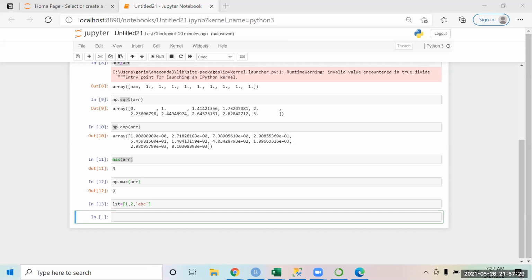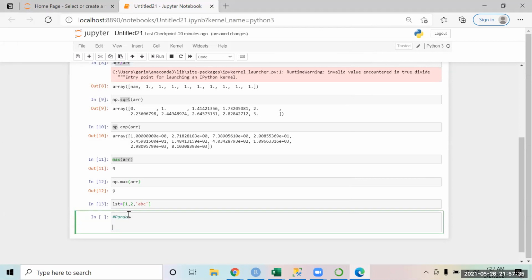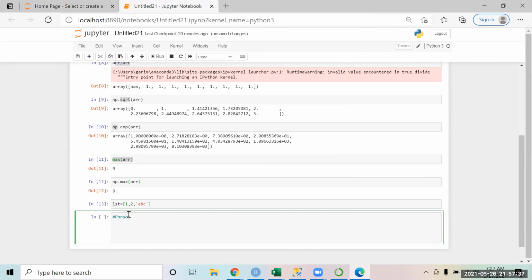So what I'll do is maybe I can use this one. Now if I talk about pandas, pandas is basically an open source library built on top of NumPy. So NumPy that we have just explored, pandas is an extension of that.